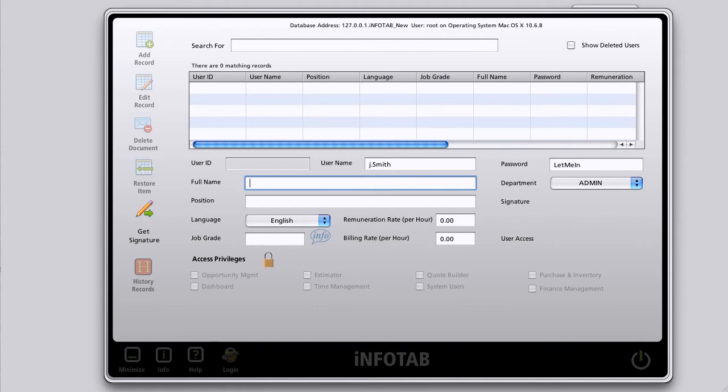We enter the full name, John Smith, his position, engineering manager, his language, English,